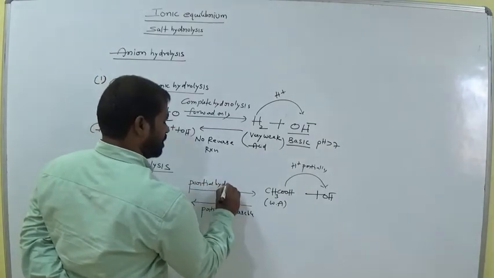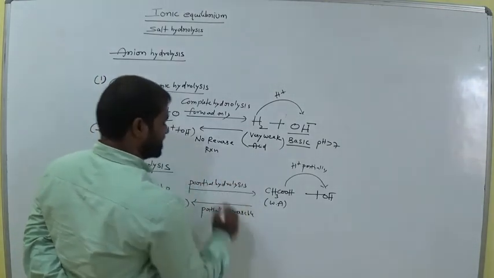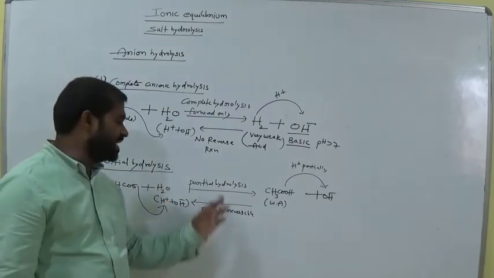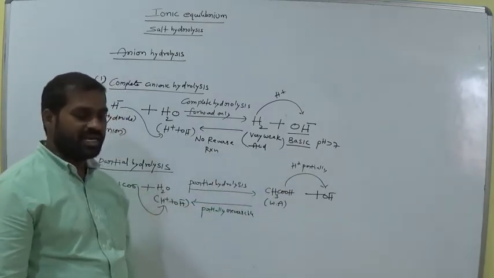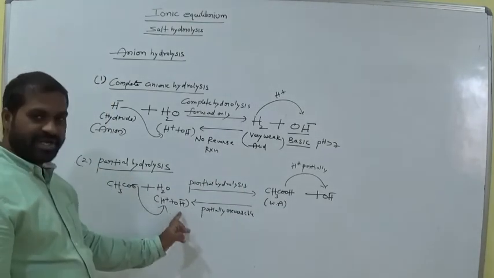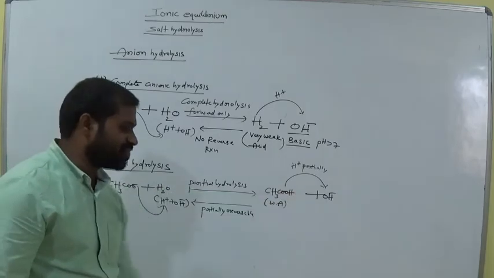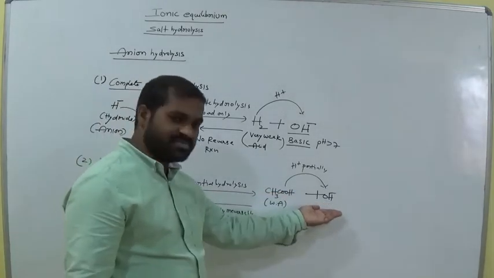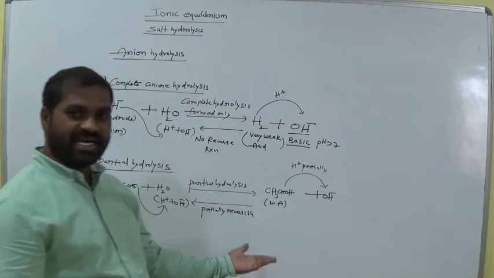Partial hydrolysis takes place. So suppose here we have 100 molecules of H2O, in that only 10 molecules hydrolyze as H plus and OH minus. Clear? H plus and OH minus, am I right? This OH minus remains as product, and this H plus interacts with acetate ion. Clear? So more OH minus are possible or not? More OH minus, so pH is greater than 7.